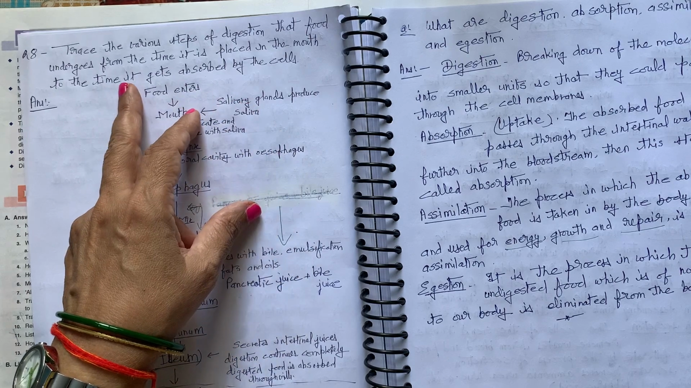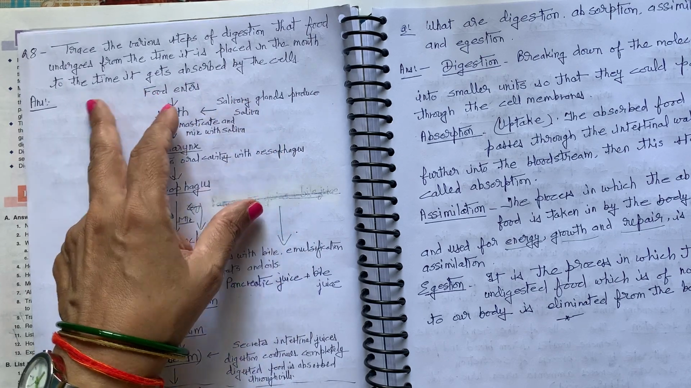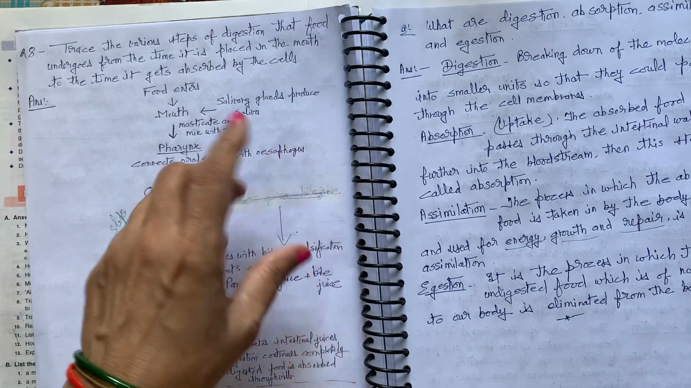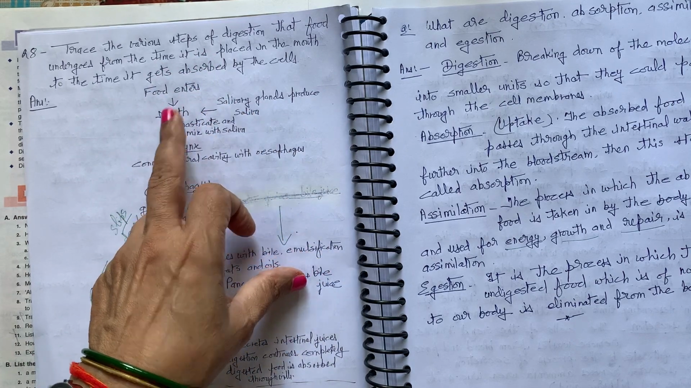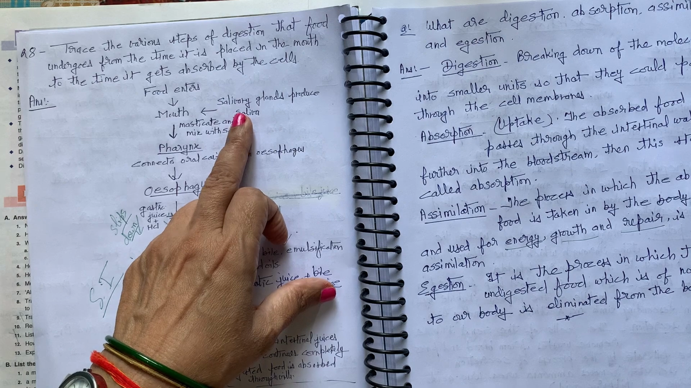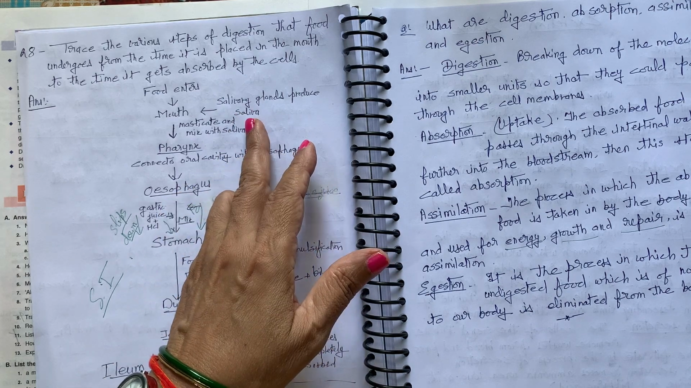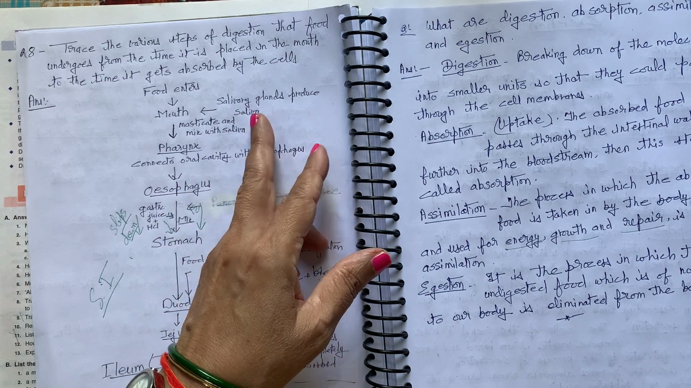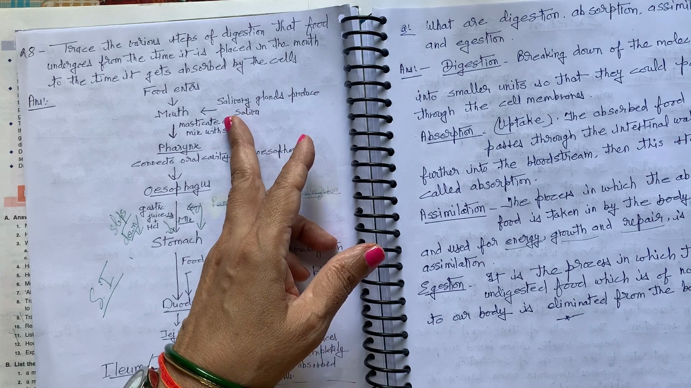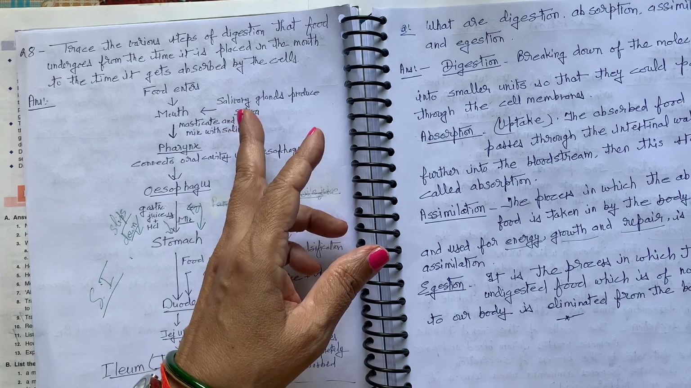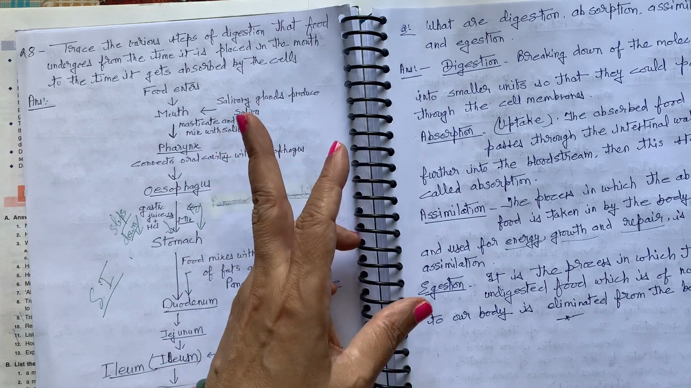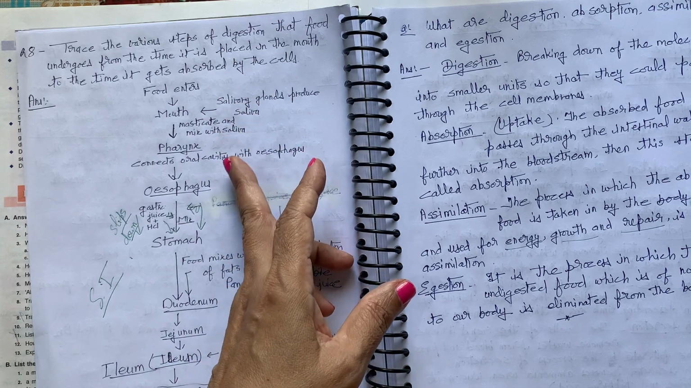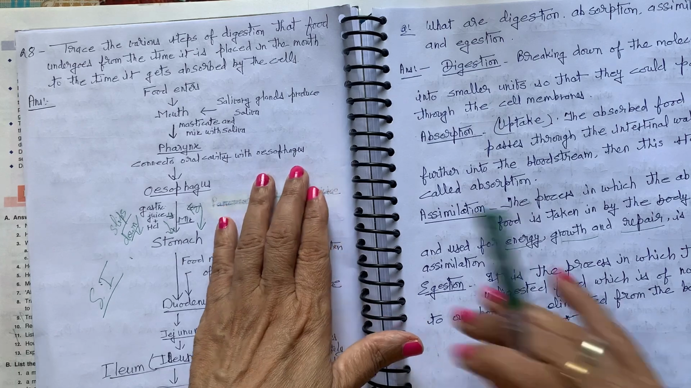Trace the steps of digestion that take place from the mouth until the food gets absorbed. See, we eat food, food enters into the mouth. In the mouth, salivary glands are present. Salivary glands produce saliva. Saliva mixes with the food and forms a bolus, masticated and mixed with saliva. It passes into the pharynx. Pharynx connects the oral cavity with the esophagus,